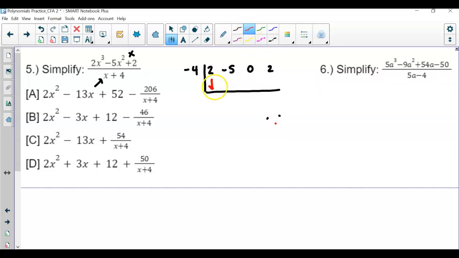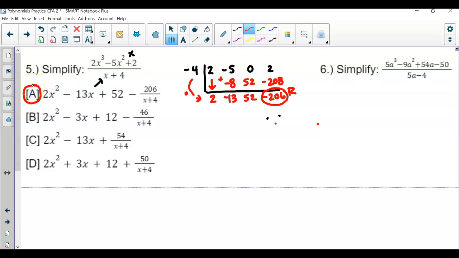So now we can start that process and bring down that first term. So now multiply below the line, -4 times 2, -8, and add above. Here you get -13. Then multiply again, you will get a positive 52. So when you combine, you still get 52. Then here, when you multiply, -4 times 52 is -208. You get a remainder of -206. That is the remainder. So even just based on the remainder, I can see that my answer is A, but